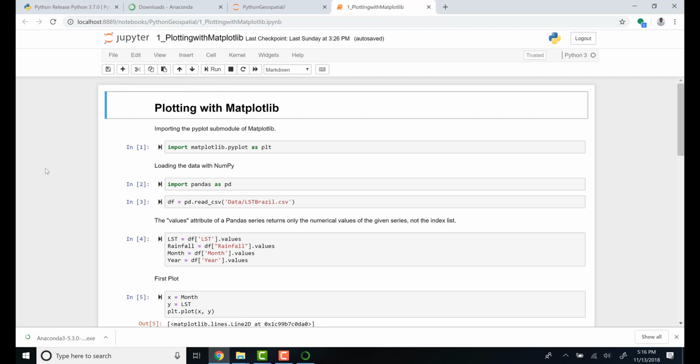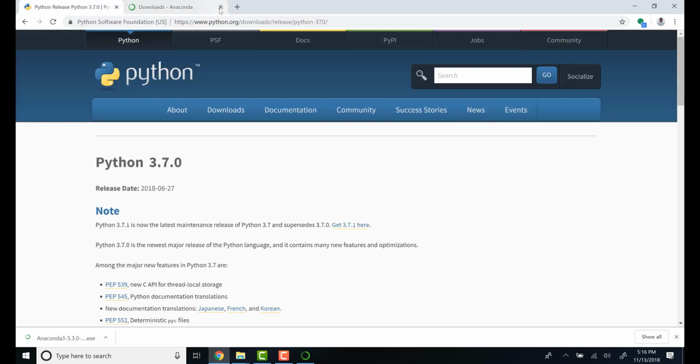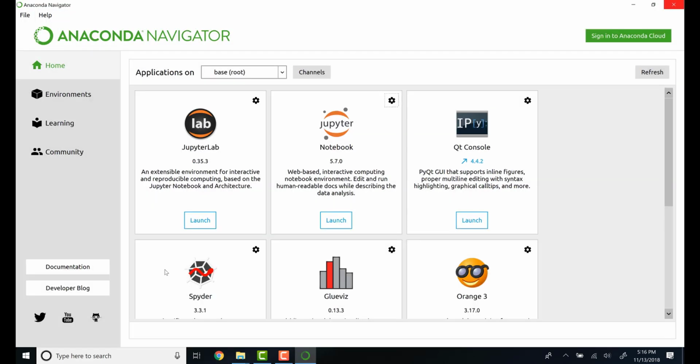So it's pretty handy. Let's look at another way of opening a Jupyter Notebook. Let me close this, the Anaconda window, the Python window, and the Anaconda Navigator. Without going manually to the Anaconda Navigator, you can open the Jupyter Notebook programmatically by using a